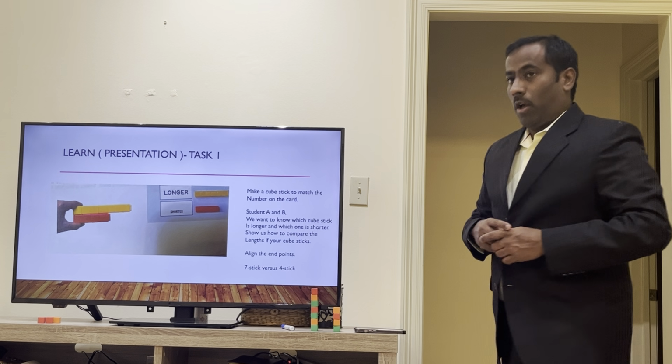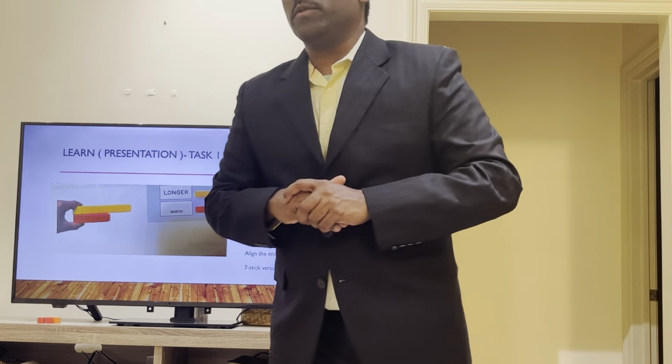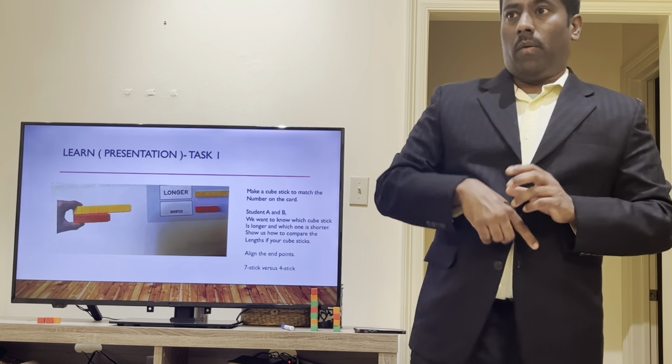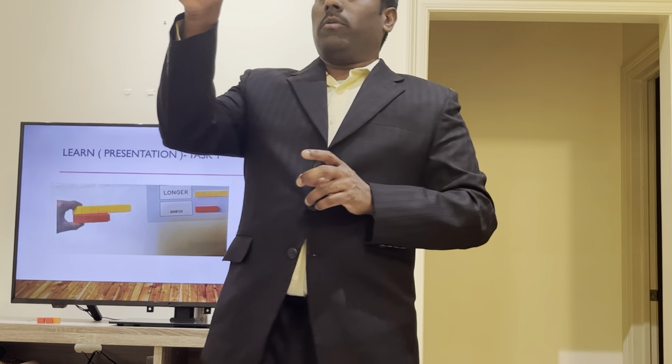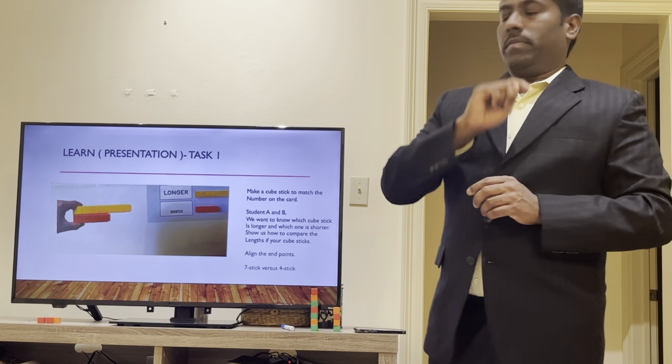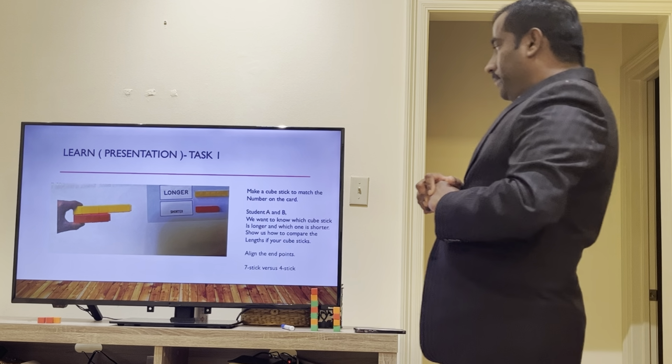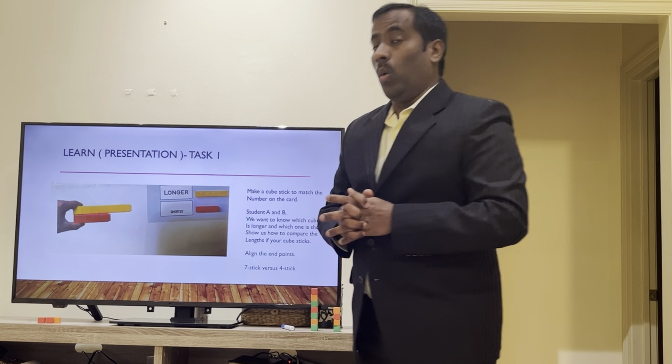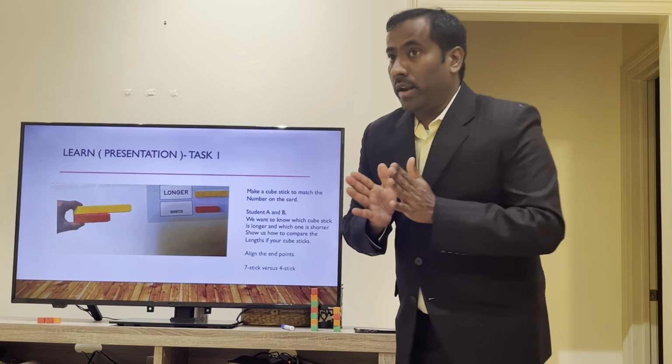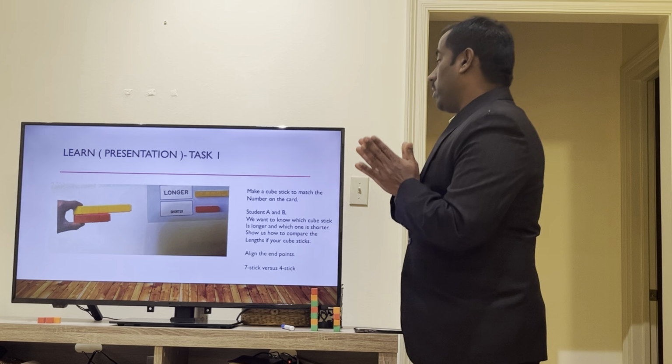Everybody look at the Ziploc bag. All of you are going to be put up in the groups, all right? Group A, Group B, Group C, Group D, all right? Each of you will make your own number cube, okay? So you're gonna make a cube stick,